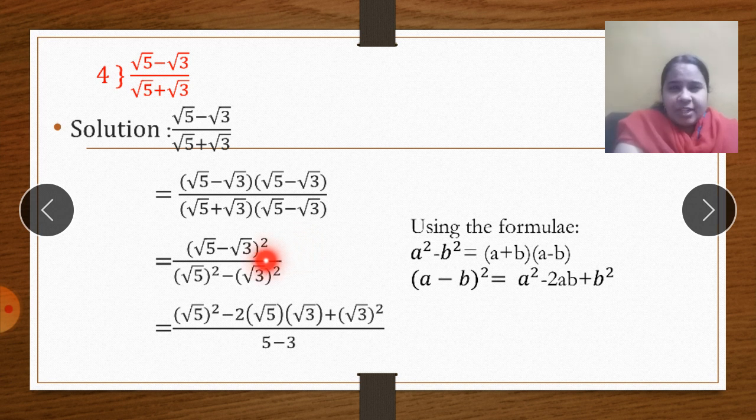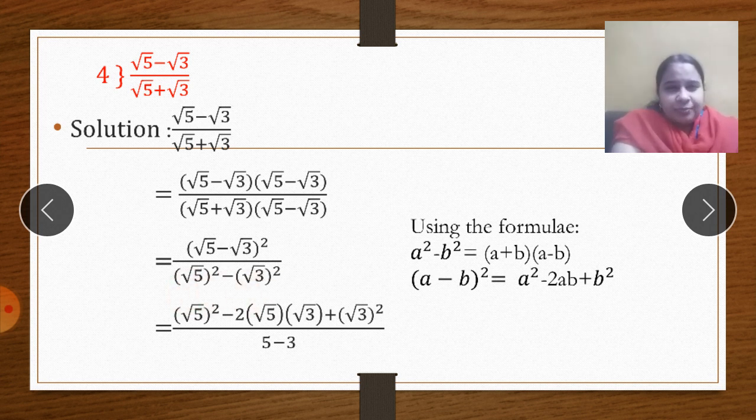This way of writing is correct. Do not write it as root 5 the whole square minus root 3 the whole square. It is actually root 5 minus root 3 in bracket then the whole square. There is a difference between this and this. See these two formulas, they are totally different. Okay. I hope you are understanding what I am trying to say. So this is the same thing multiplied 2 times, so it is whole square. And this is a plus b, a minus b. So individually a square minus b square.